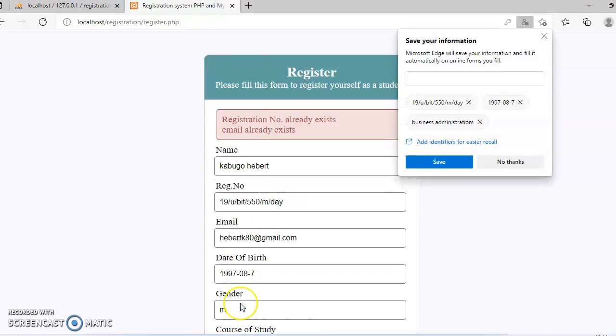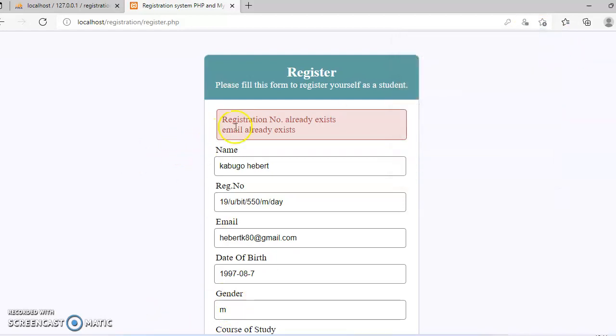Then we shall register. So here you can see the use of our error PHP is that the registration number already exists and the email already exists.